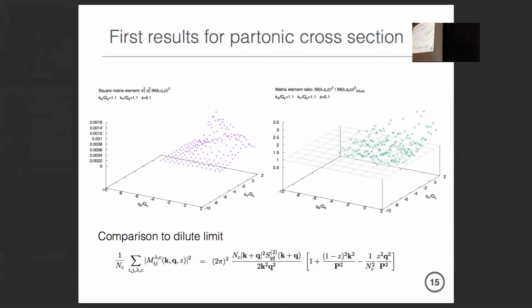What is maybe a little more interesting is to compare this to essentially the dilute limit of this matrix element, because that immediately tells you how important multiple scattering is here, and the detailed color structure of this thing. So if you take that uncorrelated at the center, this is dilute, uncorrelated. What do you mean by uncorrelated? Yeah, so basically what you do is you take the correlated.